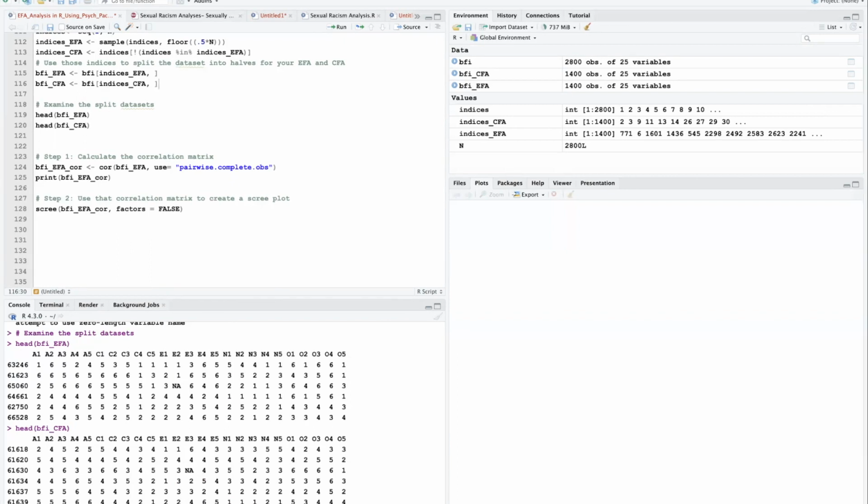This is a common strategy to examine the eigenvalues, because eigenvalues, if you recall, are numeric representations of the amount of variance explained by each factor or component. And eigenvalues are calculated from a correlation matrix. So we're going to need to use the cor function to calculate and store the data set's correlation matrix before